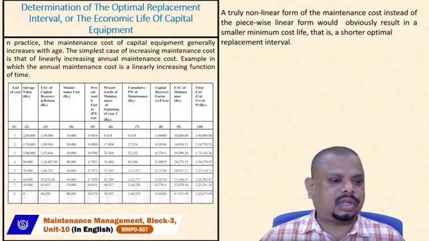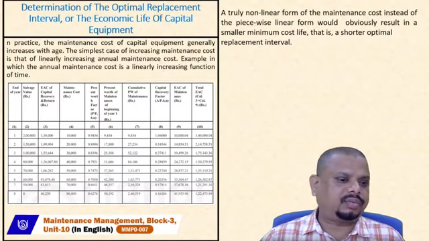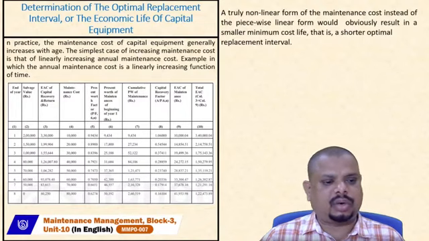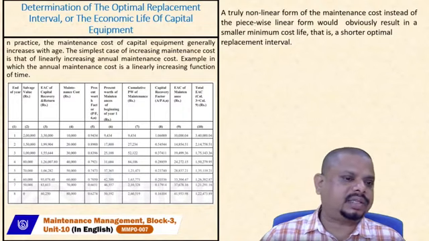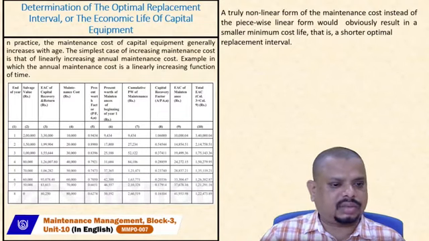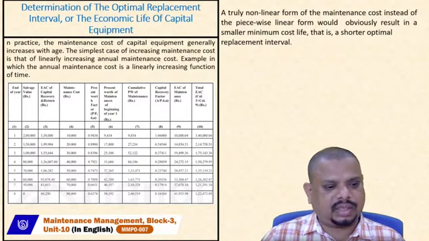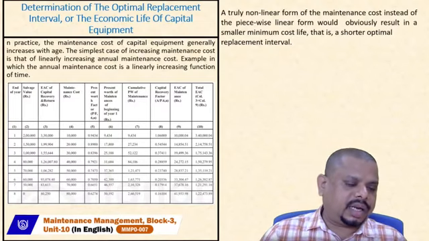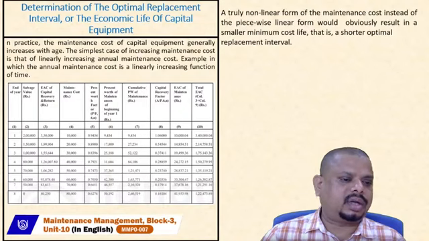So for example, we have the end of year, that is the number of years, starting from 1, 2, 3, 4, 5, 6, 7. The salvage values are given like 2 lakhs, 1 lakh 50,000, 1 lakh, then 80, 70, 60, 50. The next is the equivalent annual cost of capital recovery and returns. In the first year, we have 3 lakh 30,000. In the second year, we have 1 lakh 99,904. In the next year, we have 1 lakh